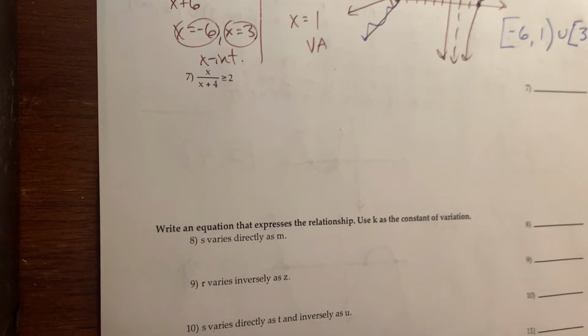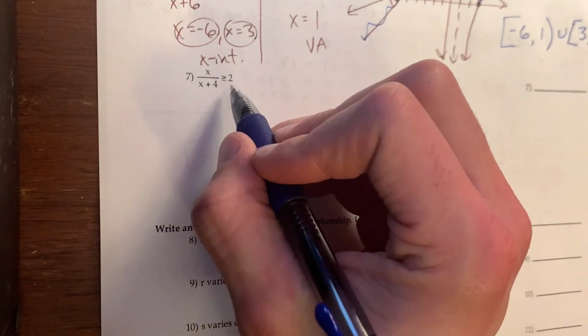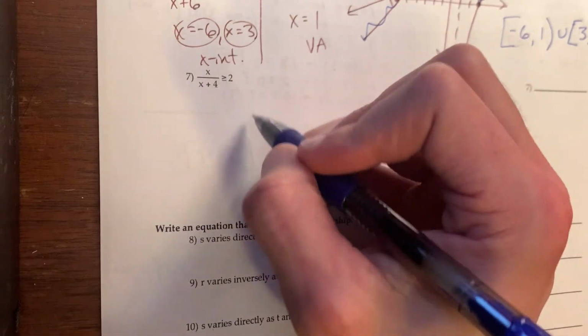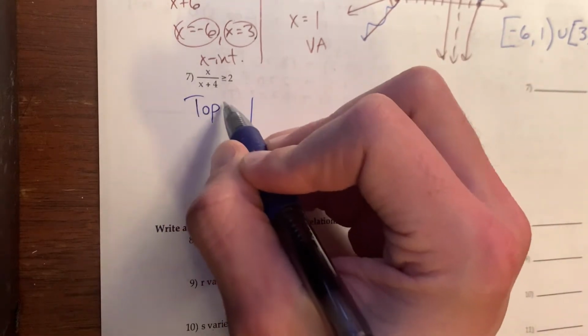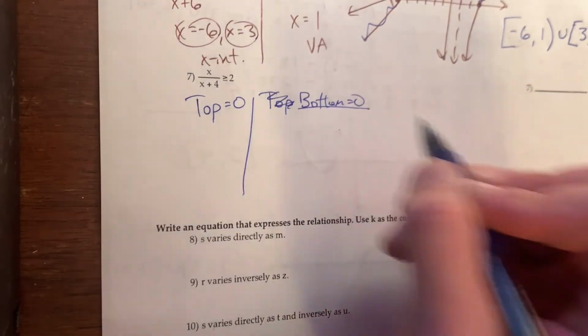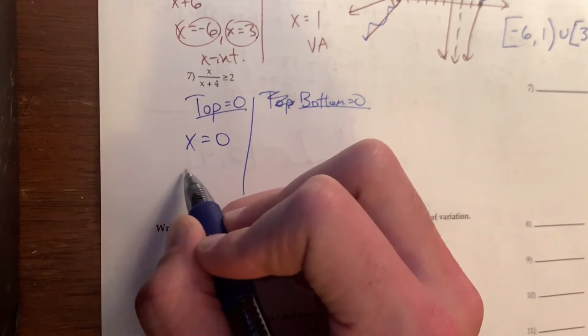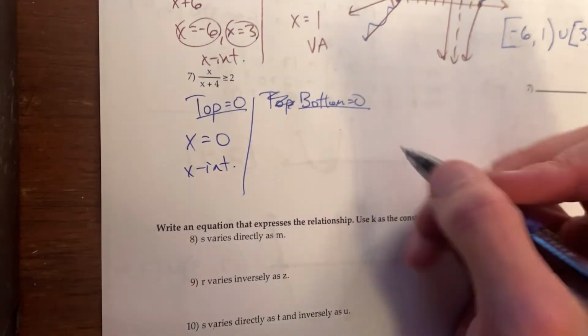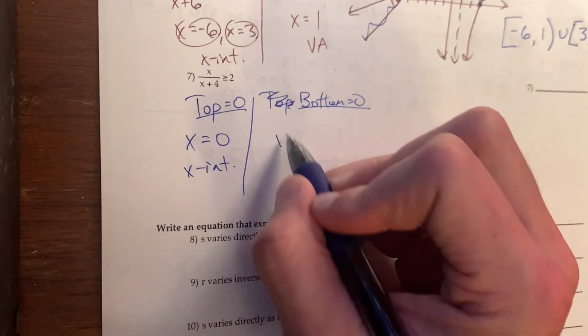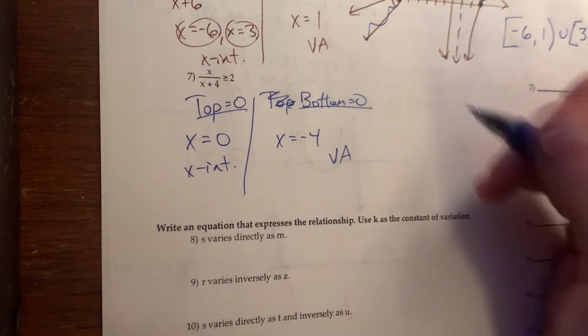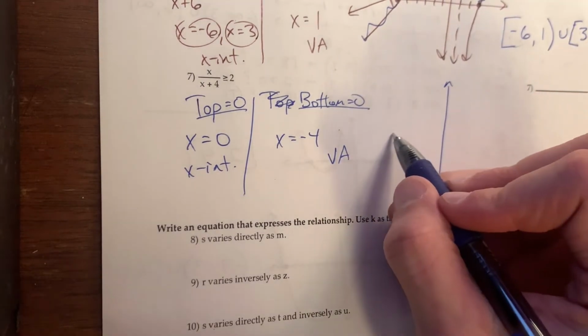So this one is, again, one of those interesting ones where we're not going to use the x-axis as my reference line. Still the same process, top and bottom equal to 0. So top equaling 0, that's easy, right? So my x-intercept is going to be right at the origin at 0. Bottom equal to 0, x is negative 4 would be my vertical asymptote. So sketching this graph,